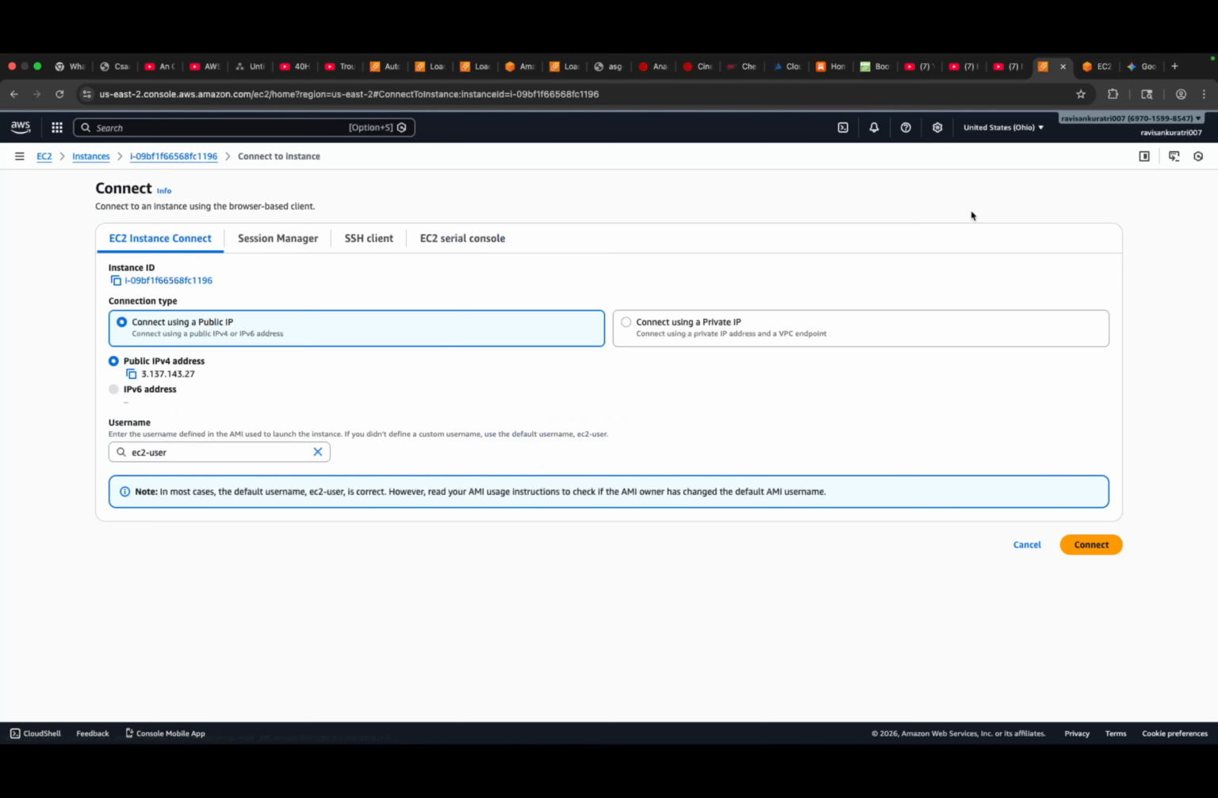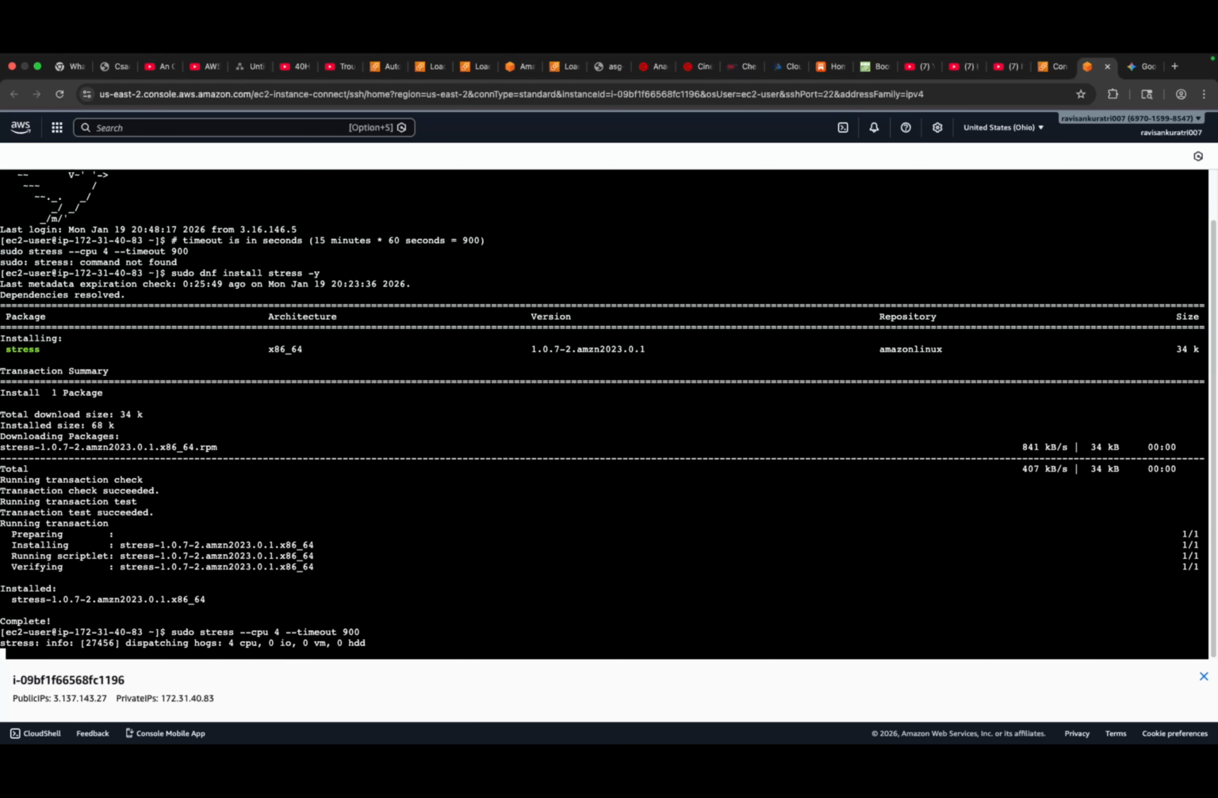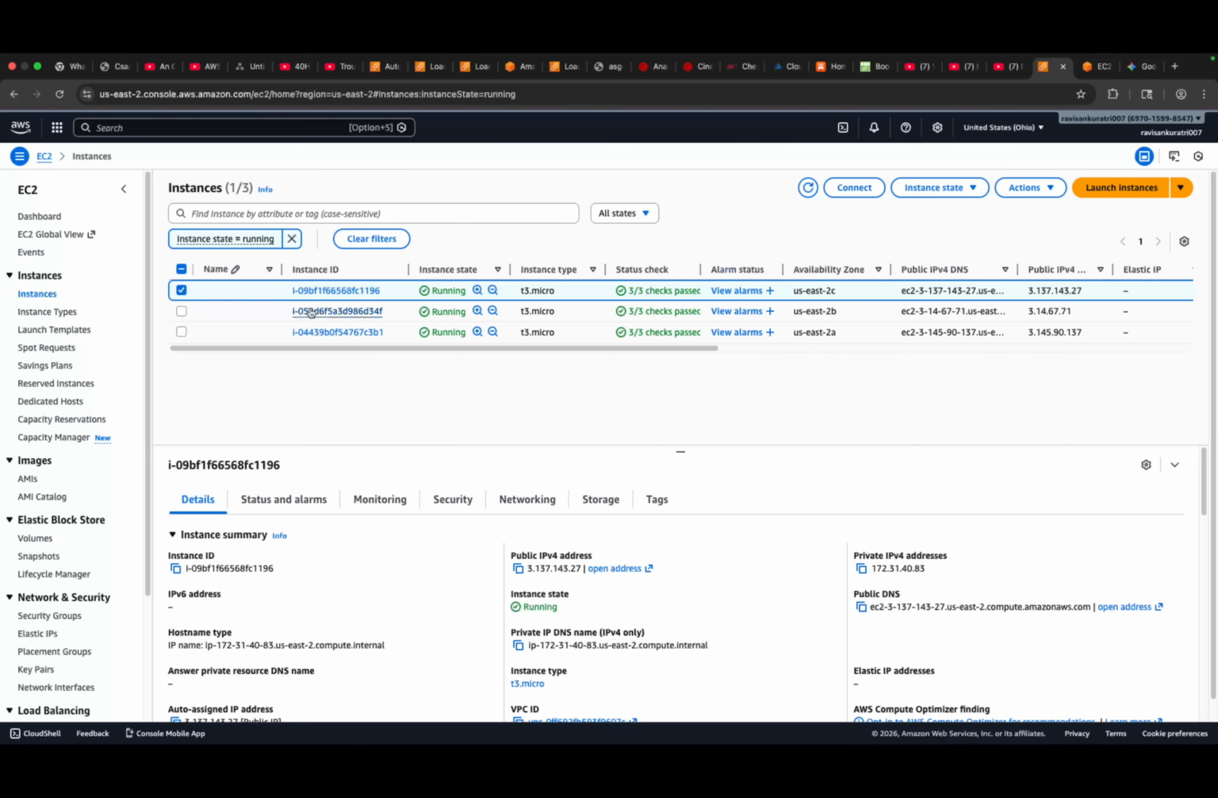Okay, now let's connect to our instance using EC2 Instance Connect. I already clicked on connect, so a new tab opened where I connected to my instance. Here I had an issue when using the stress command. It says stress command not found. So I installed the stress-related package, and now I can run the stress command. So it is working, and let's connect with another instance